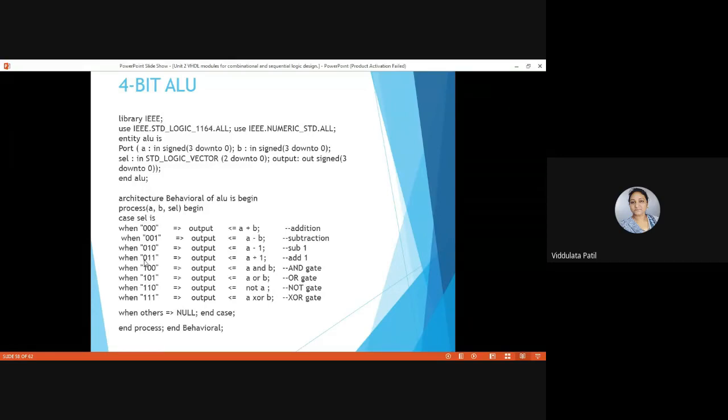When it is 011, output is A plus 1. Then when it is 100, output is A and B. When it is 101, output is A or B. When it is 110, output is not A, and 111, output is A XORed with B.